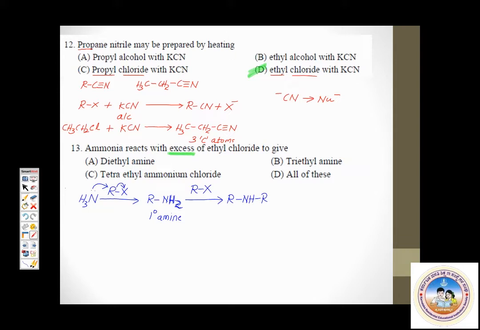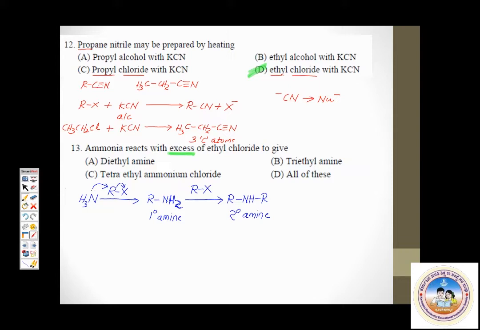Why do we call it a secondary amine? The nitrogen atom is now having 1 more extra R group. That is, the amine is more substituted now. Therefore, you are now calling it secondary amine. Now, how do we identify primary and secondary amines? Primary amine will have 1 R group. Secondary amine will have 2 R groups. Okay. And as and when R groups increase, hydrogen atoms decrease.